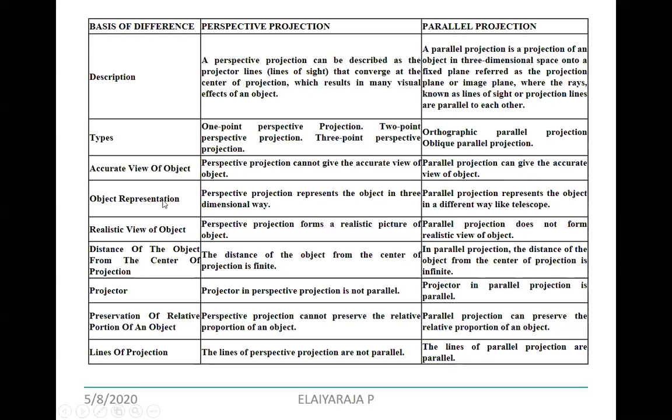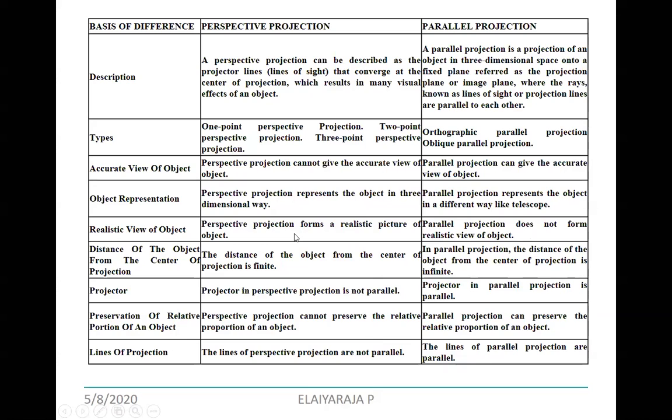And object representation: when you are going to take any model, how are we going to represent it? In perspective projection it represents in a three-dimensional way, and in parallel projection it represents objects in a different way, like a telescope, how you view the object closer or away. So for realistic view of an object, perspective will give a more realistic view compared to parallel.